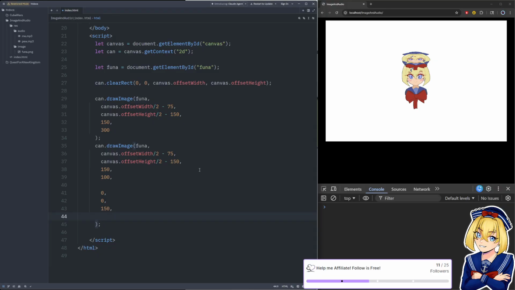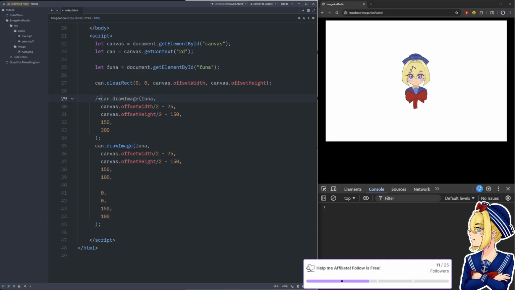And then we only want the first 100 pixels of the height if we're cropping it. So we're going to say 100. And if we refresh, we don't see her anymore, which is, I believe, what we intended to do.